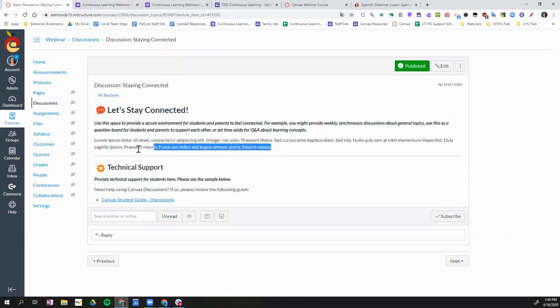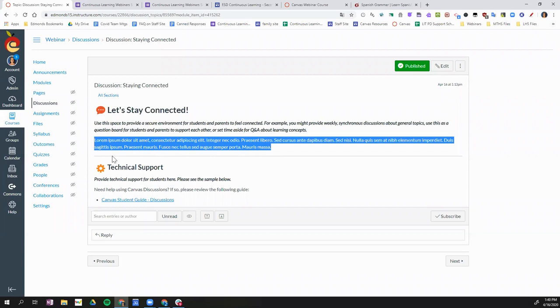You can change what this discussion topic is about, and then Krista's included technical support here for students so that there's a student Canvas guide. We have a guide for students in case they're getting stuck anywhere along the way. So if I want to edit this discussion,